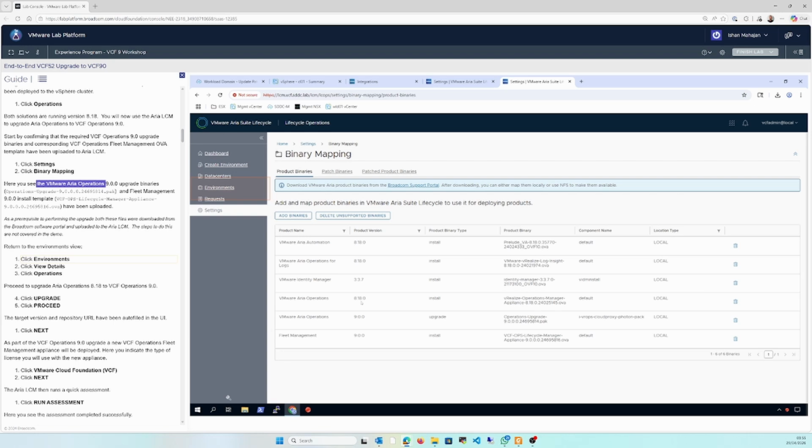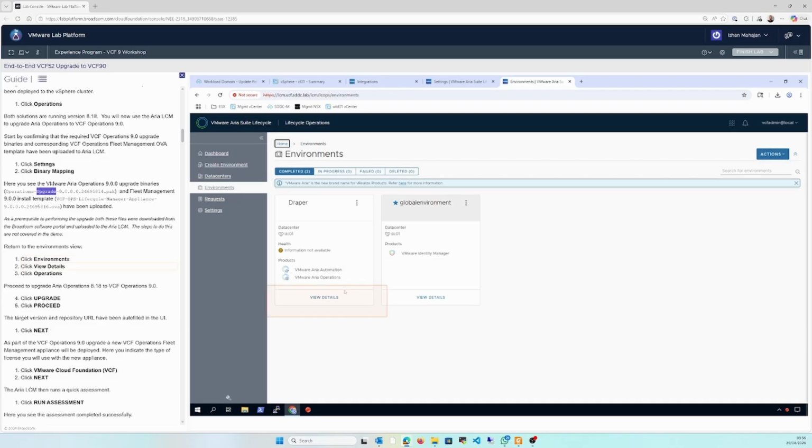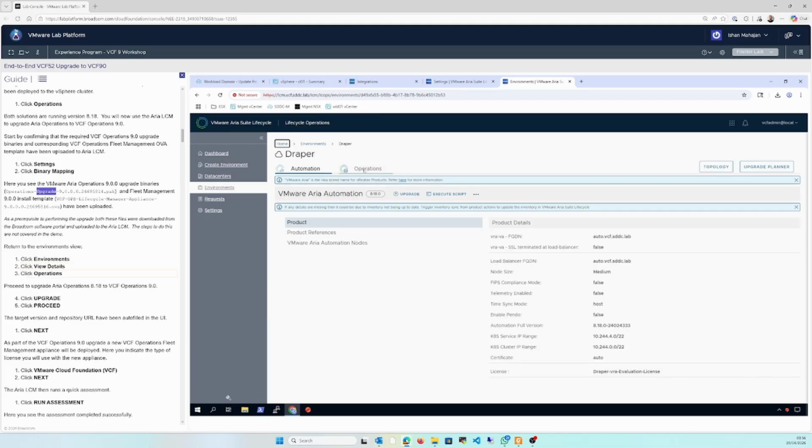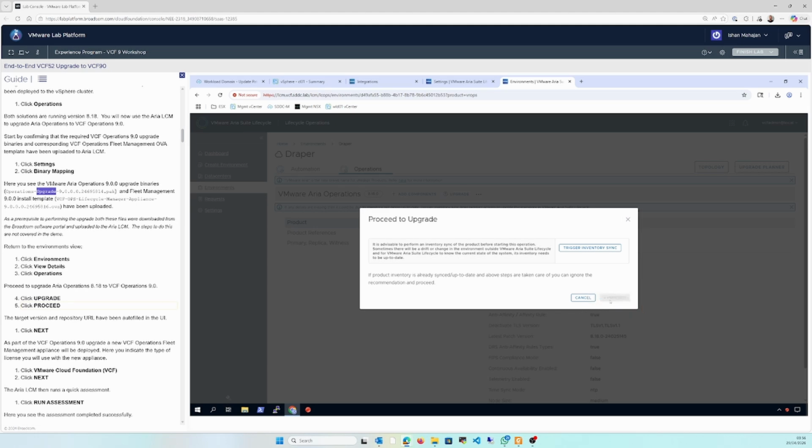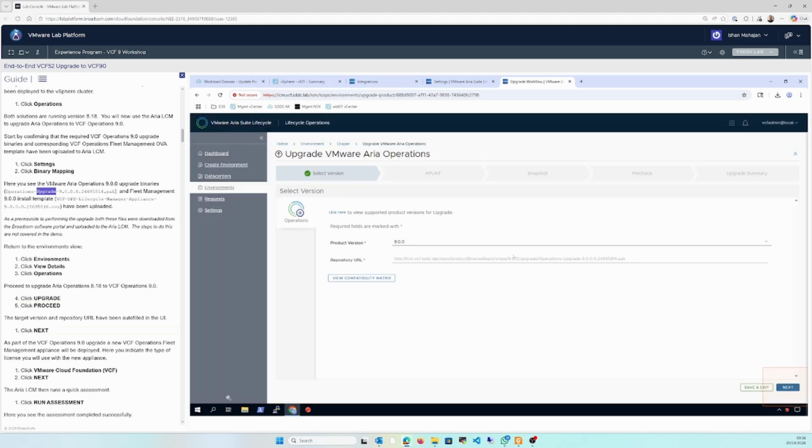upgrade binaries. Okay, this is a vSphere operation 9, which is already uploaded, and fleet management VCF ops fleet manager here. It is already been uploaded. Okay, then click on environment, view this operations, click on upgrade, proceed, version 9.0, click next,